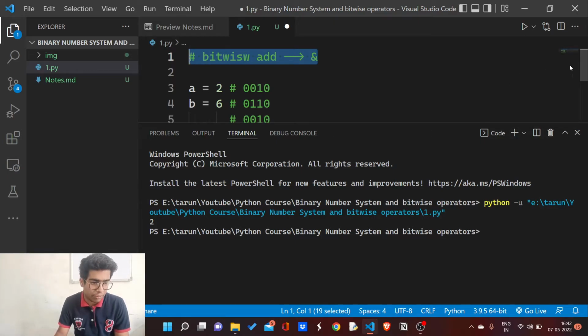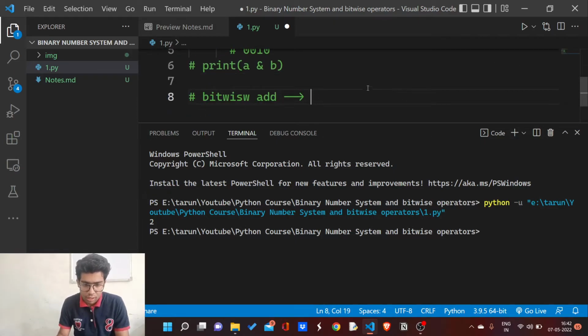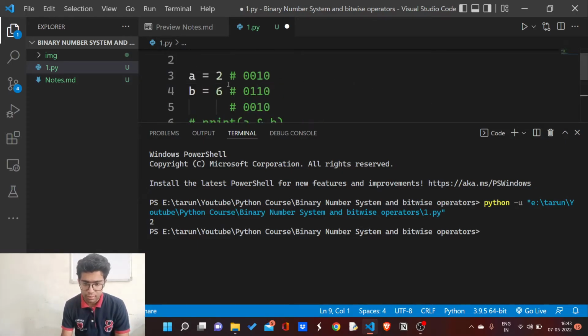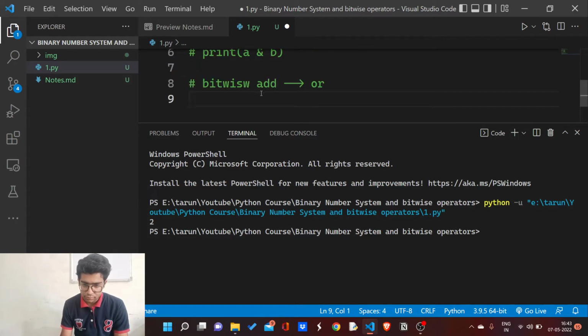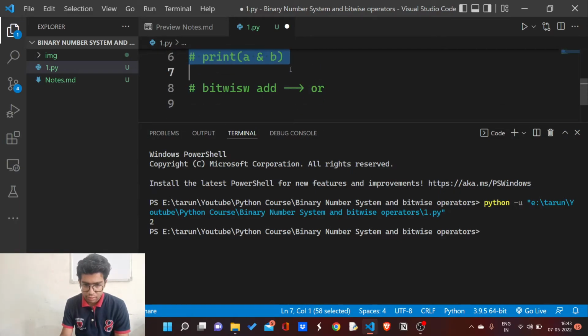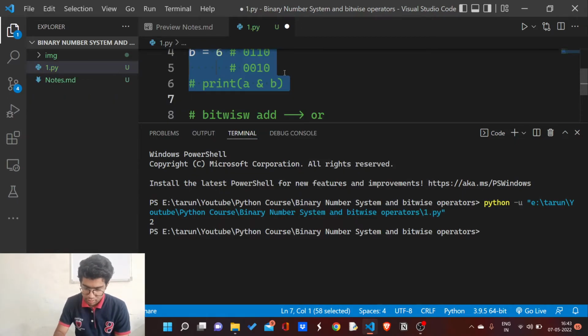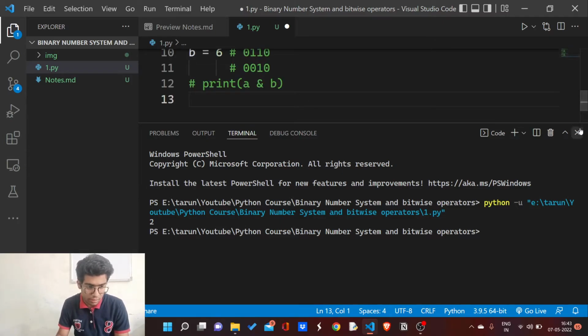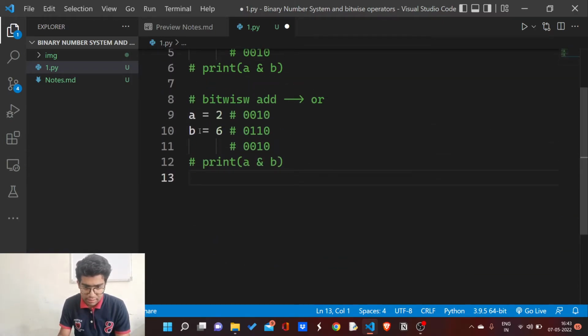Now I am going to explain the bitwise OR operator. The bitwise OR operator is the same as logical OR, where if either bit is 1, it will result in 1, or if both the bits are 0, then it will result in 0. So I can show you here. If I take the same example from here, you can see I have the same numbers, but I am now applying the OR operation on it. So my answer would change.